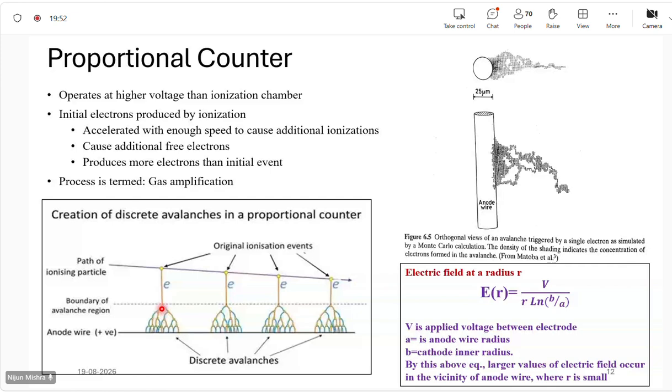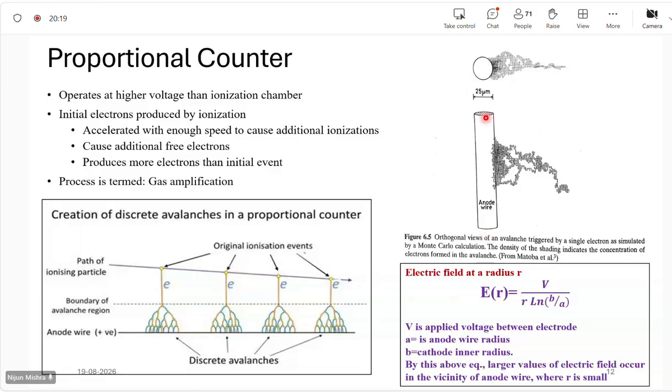You can see here. So similarly, the ionization spans over the anode wire. In this case, the electric field is very much important. If the electric field is higher, then the probability of getting gas multiplication will be higher. This higher electric field can be achieved with the help of a cylindrical geometry, and again with the help